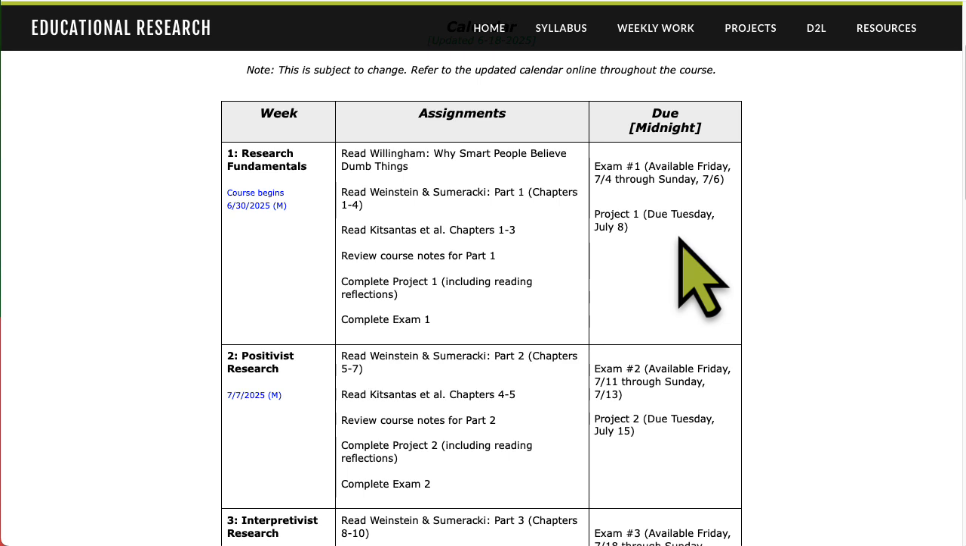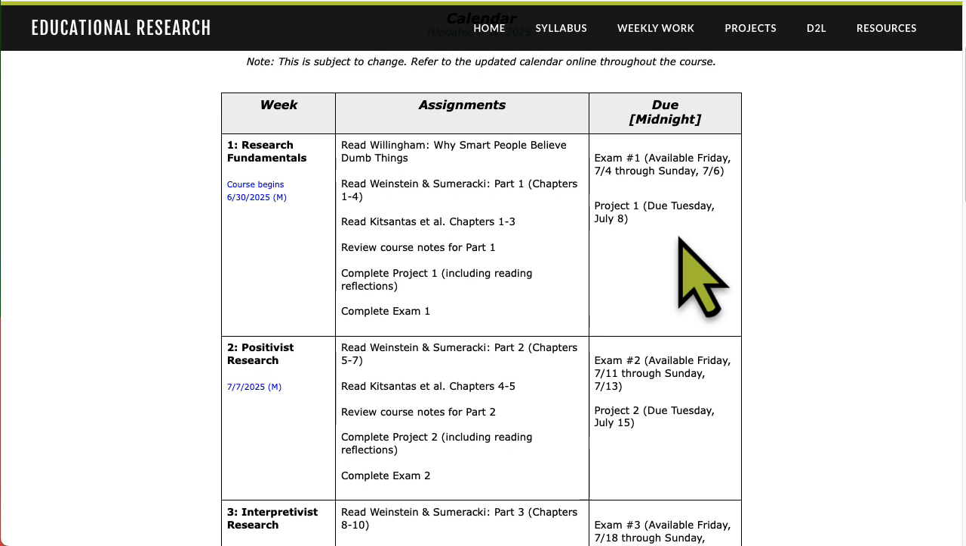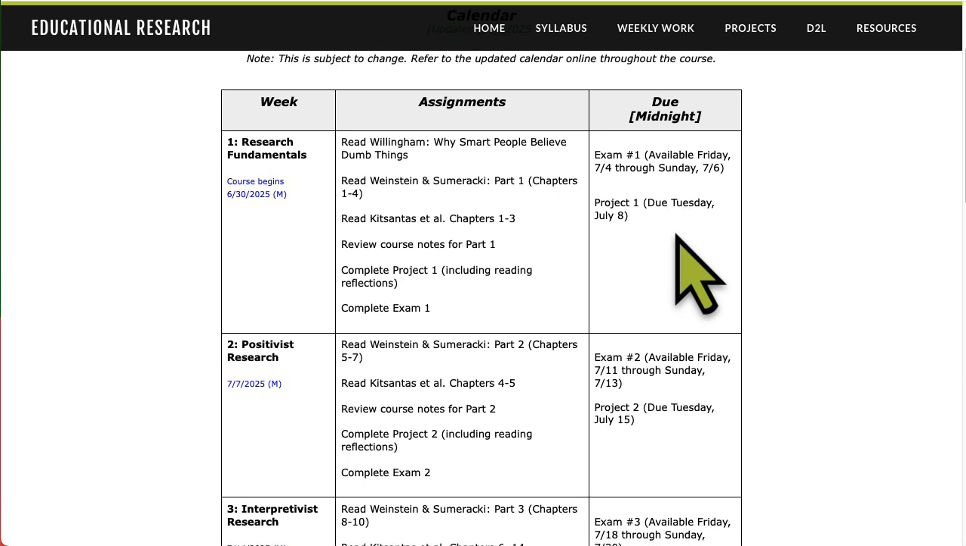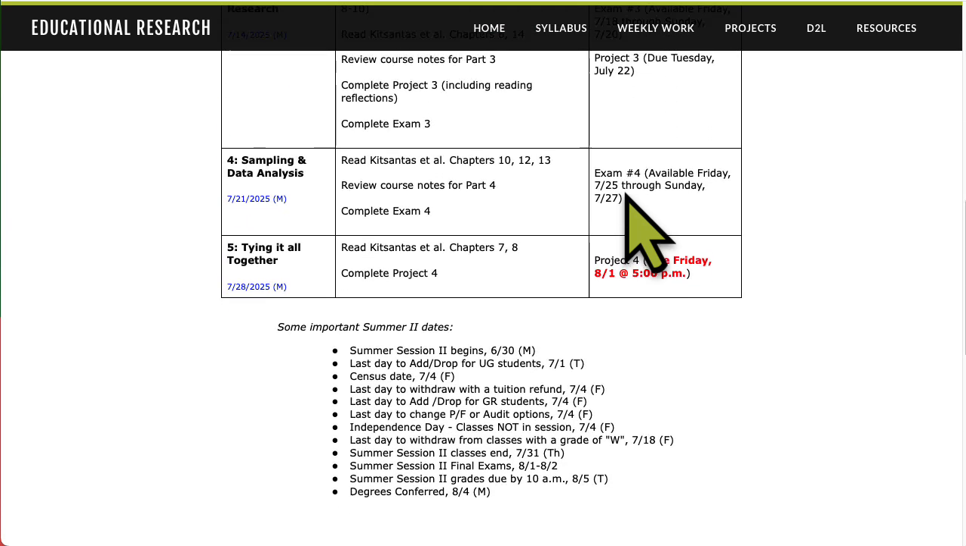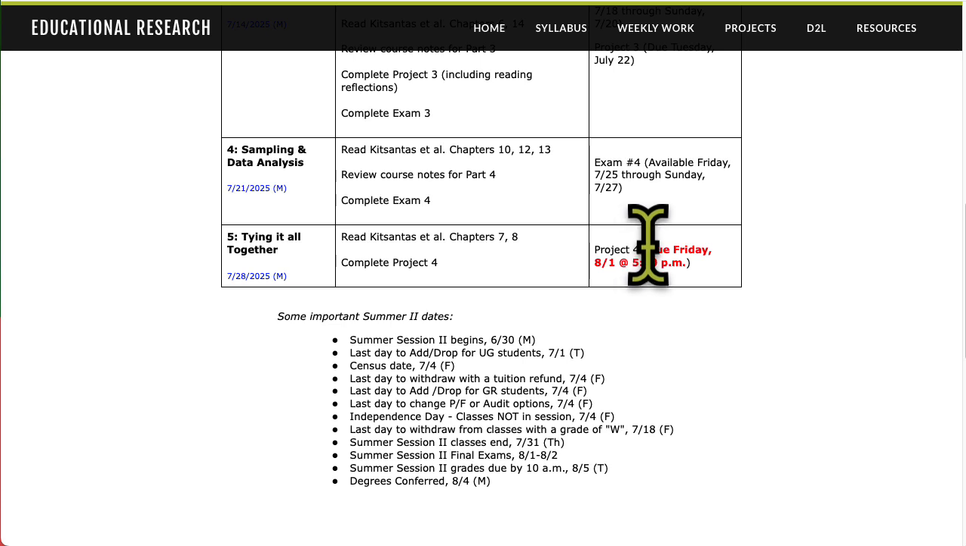I'm doing this because you can always turn your projects in early, but if you need extra time because you've been studying for the exam and you just didn't quite get around to some of the project, you do have a little extra time spilling into the next week. So I have all of the due dates there, and then you'll see that you do have the last week of class, week 5. There's no exam this week, but project number 4, if you're doing that, is due Friday